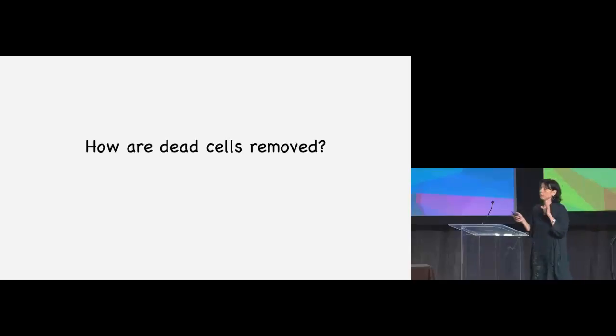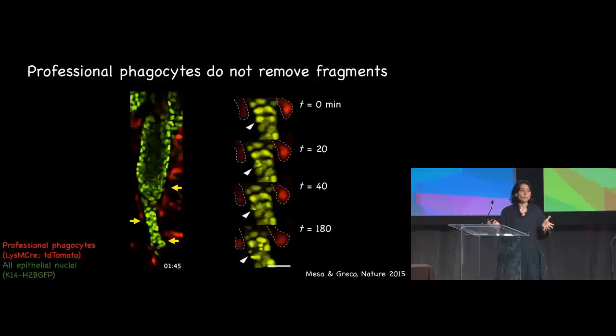And his favorite hypothesis was that immune cells would come in and clear these dead bodies. So what he did is cross the same transgenic where we can mark the epithelial cells and the death with the many different combinations that will label immune cells, such as Lysozyme Cre in this case. And so what you're seeing is, again, the epithelium in green and the immune cells in red. And we were expecting to see 2 things, either the red cells coming into the follicle, or even seeing fragments of these epithelial cells within immune cells outside the follicles. And we didn't see either of them. Even when we follow in real time this death, we didn't see the surrounding immune cells in red coming in